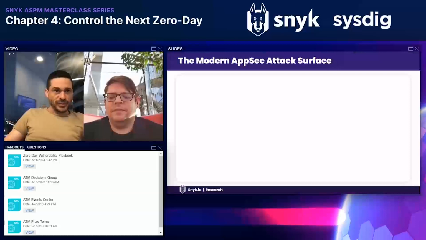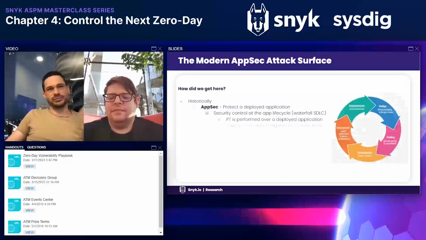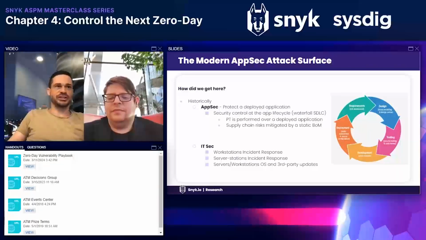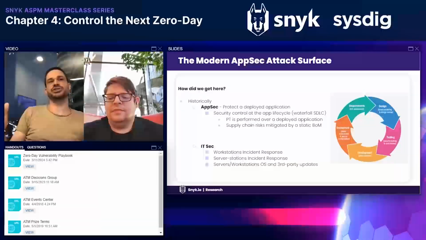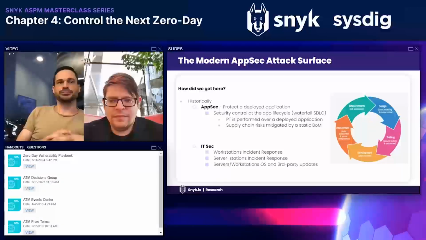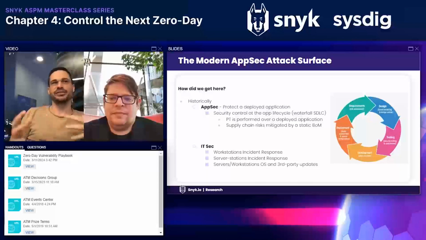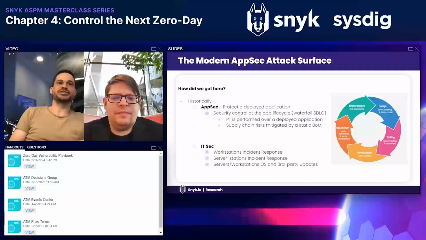So a bit about the attack surface and kind of historically how we got to where we are today. Back when I started in incident response and in the realm of application security in general, the main division of application security and IT security was basically about the equivalent size in the domains that each dealt with. Application security was very